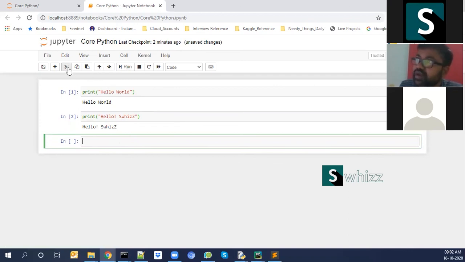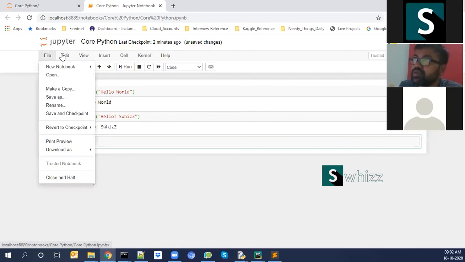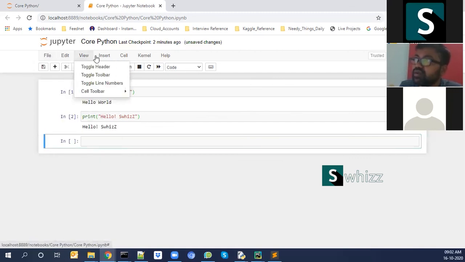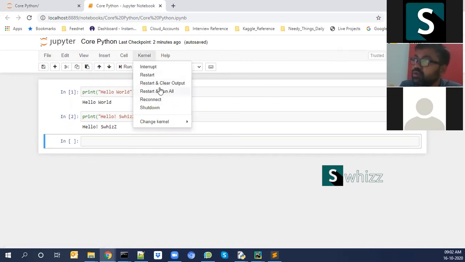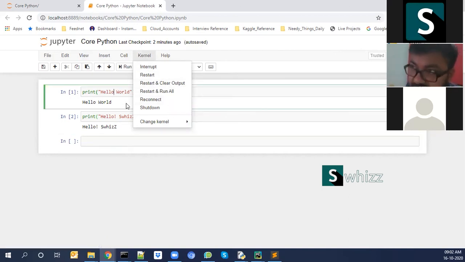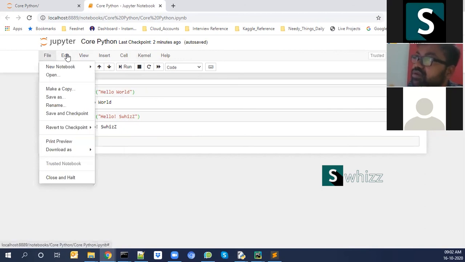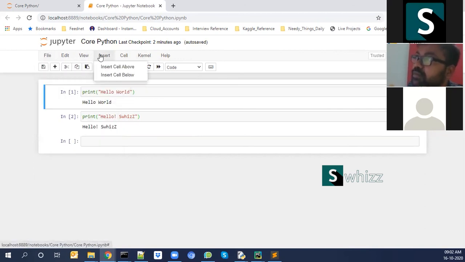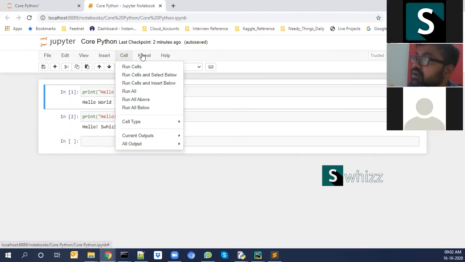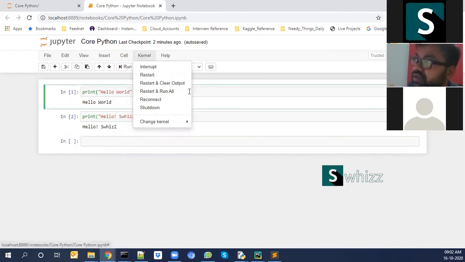Or if you want to add new cells, you can add them. If you want to delete, you can delete. We have multiple options which you can see here, like inserting a cell above or below. For run, you told the shortcut key, right? Shift Enter. Shift Enter. Okay. You can also see that command here somewhere. Shortcuts. It's not there here, but it's Shift Enter.